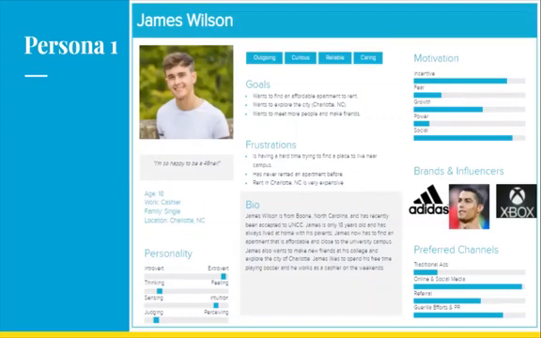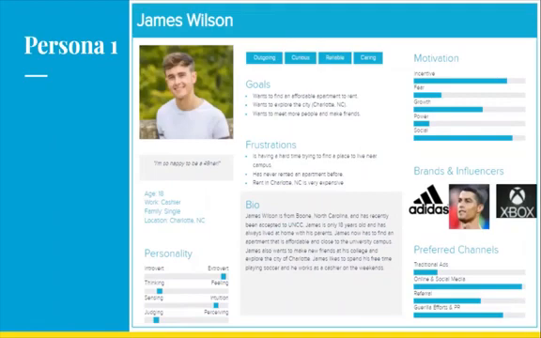This is our first persona, James Wilson. Just to give you a little bit of his background to get a better understanding of who he is: he is from Boone, North Carolina. He has recently been accepted to UNCC. He is only 18 years old and has always lived at home with his parents. Currently, he does live in Charlotte, North Carolina, as he is about to start going to UNCC. So during this time, he's trying to find an apartment that is affordable and close to the university campus. He also wants to make new friends at his college and explore the city of Charlotte,